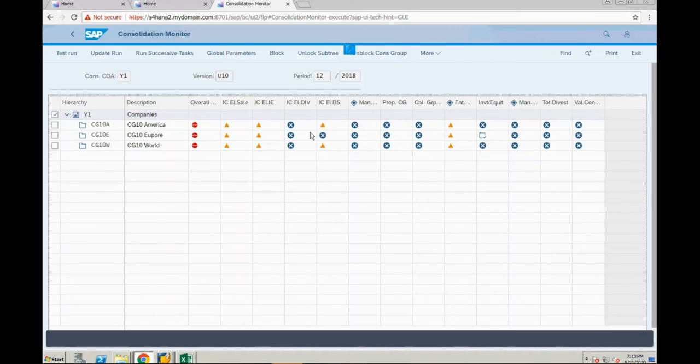This is called consolidation monitor. Topside adjustments or adjustments for the group can be performed using this particular activity, or manual eliminations. So if there are any manual eliminations or adjustments, you can do it here. There is a task.